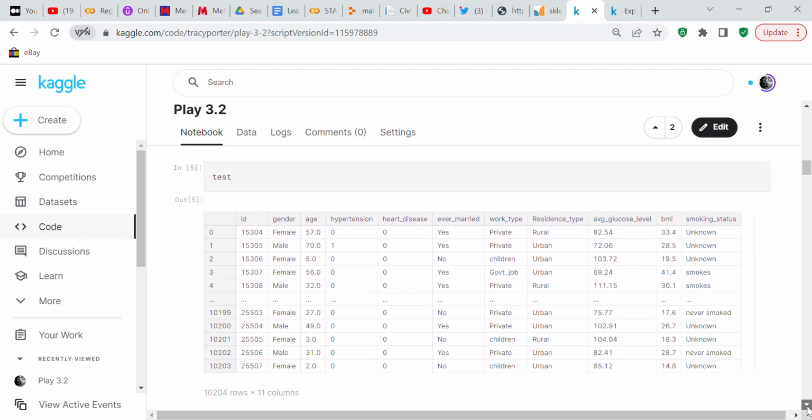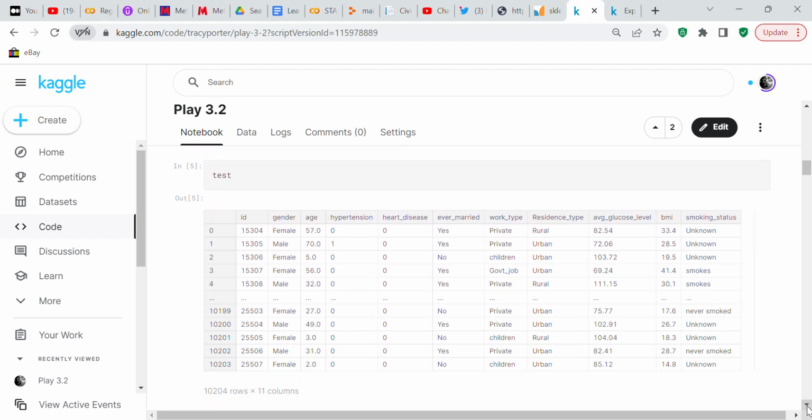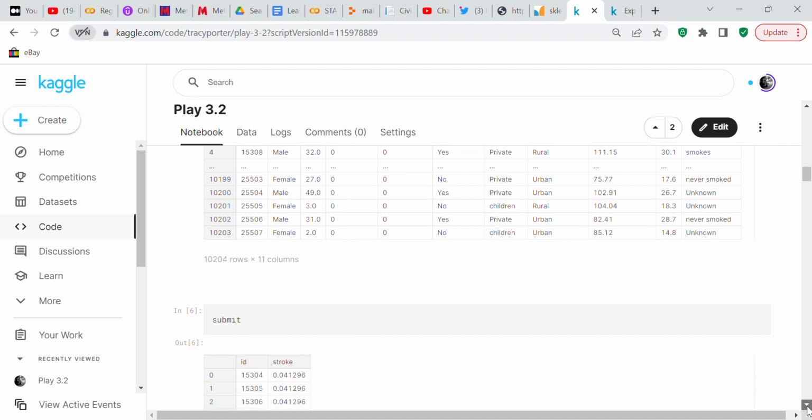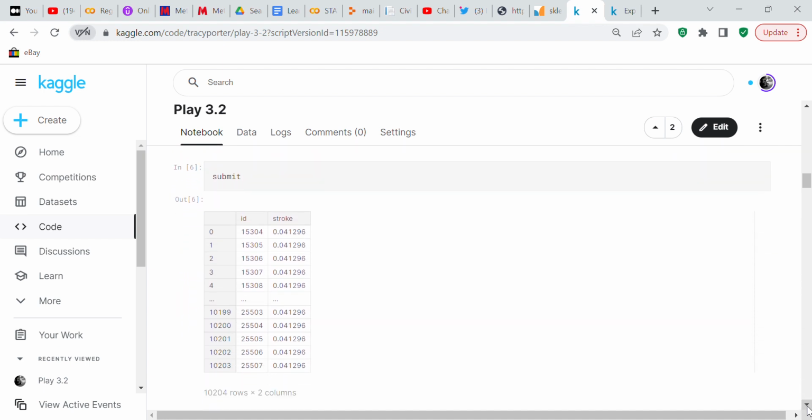Here's the test data set. It's 10,204 rows by 10 columns. And here is the submit. So you can see here that it was a binary classification, but what they want you to submit is actually a fraction,